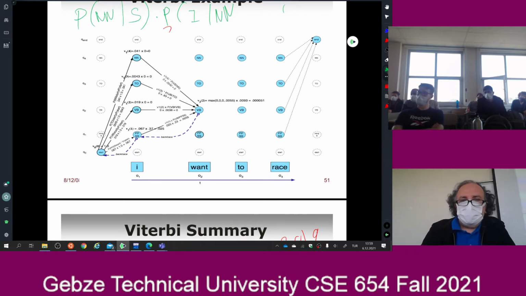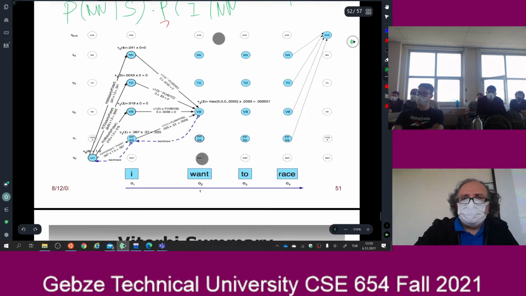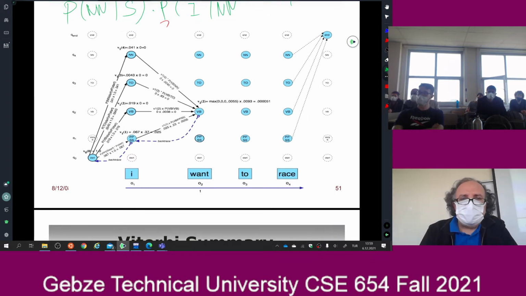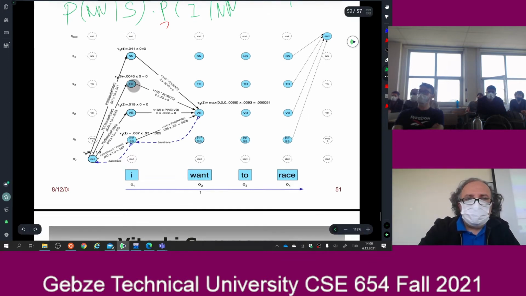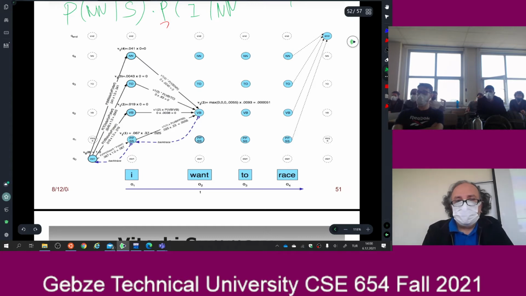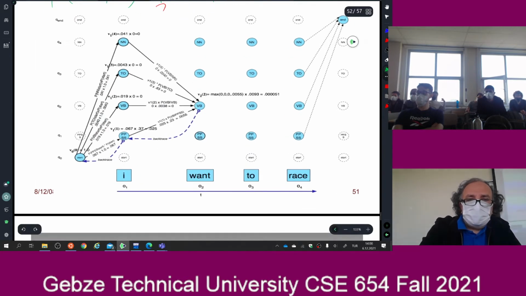Okay, and I like to assign one tag for each word. So what is a very simple tag set? I have only four tags. It is either noun, to, verb, or preposition, etc. Okay, so at the beginning,